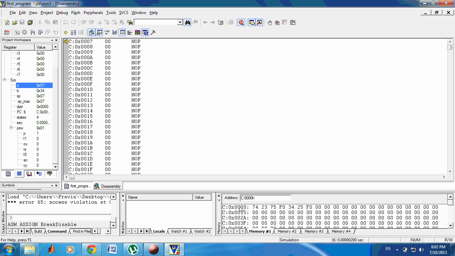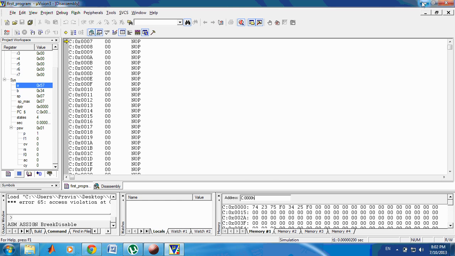Now we see our program code is started with the 000 hex and it contains the opcode of our code. This is up to the Keil.